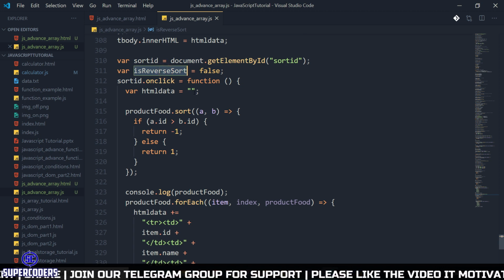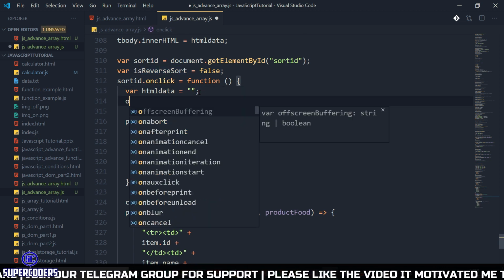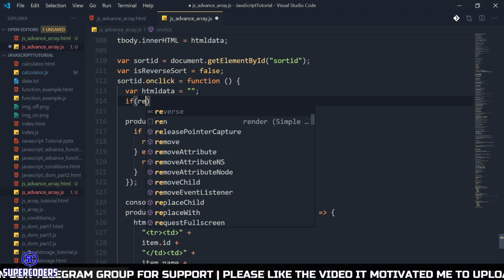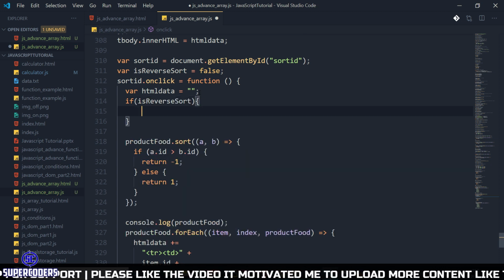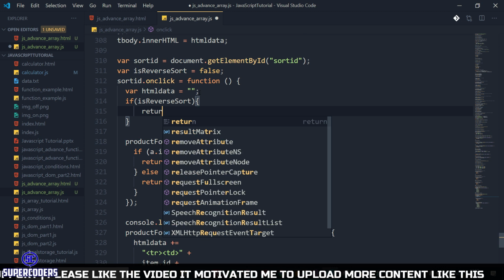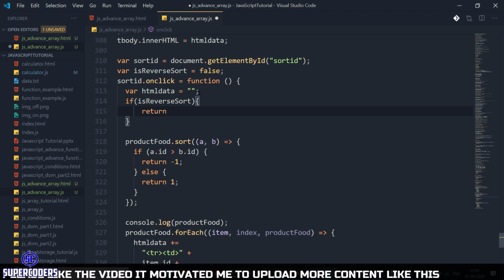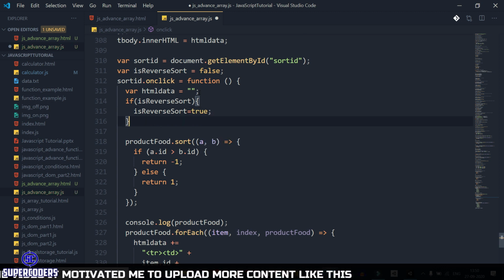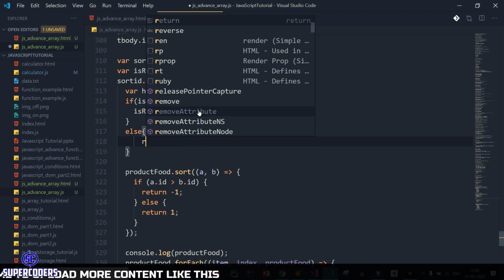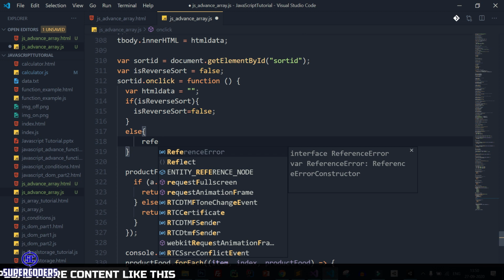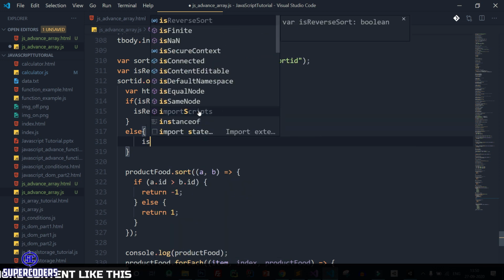Here change this to: if reverse sort is true, return false, else reverse sort true.